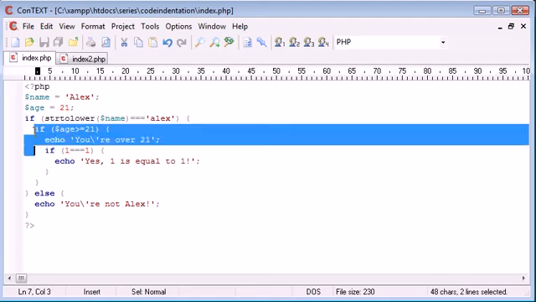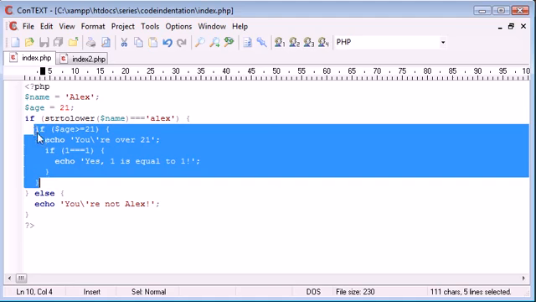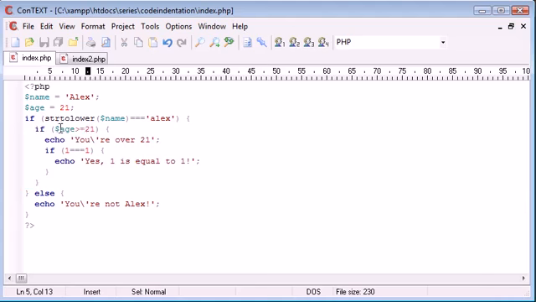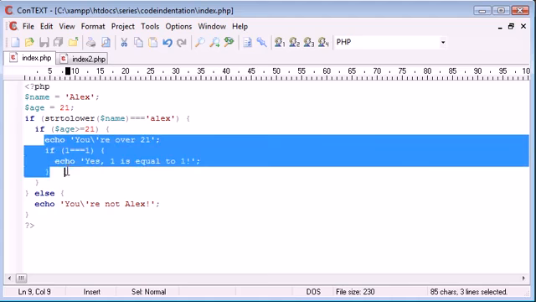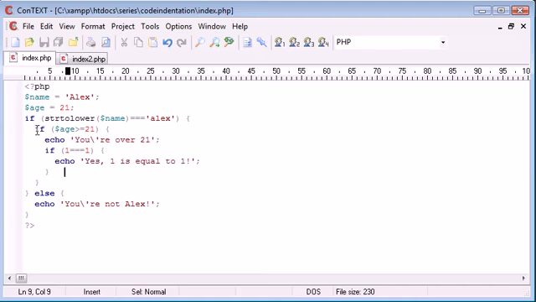So the block I can already tell is just from the start of this if down to here. So this is the start of the block and this is the end of the block here. And this is the start of the top block and this is the end, and then we say else. So inside of this block here where we're saying is age greater than or equal to 21, this is inside. And we can automatically tell that because we've got straight down here, straight down here, and straight down here. And then we've indented just the echo inside of here. So you can